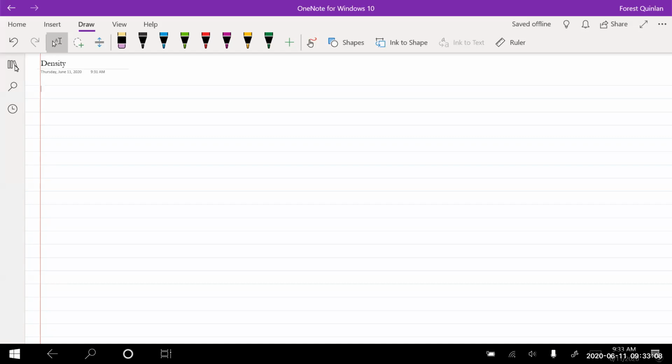So we're going to continue on right now with some more calculations and talk about density and percents today. So if you notice, I've called this one density. Before we begin,